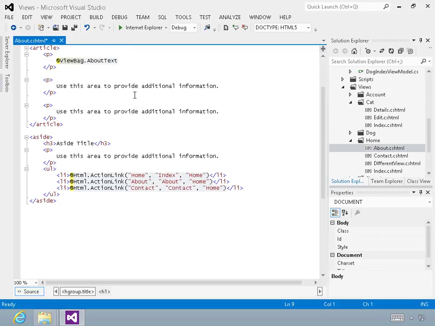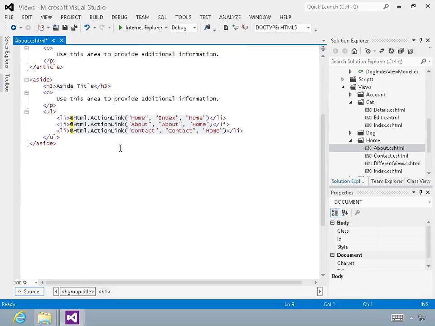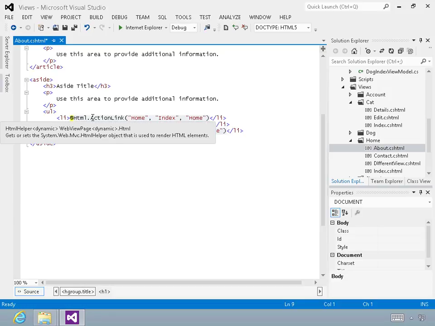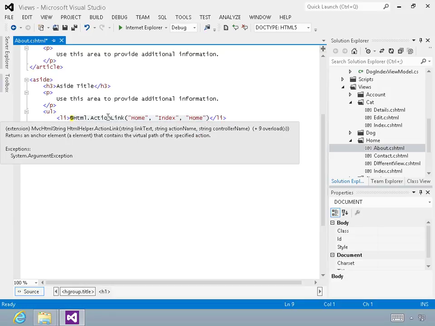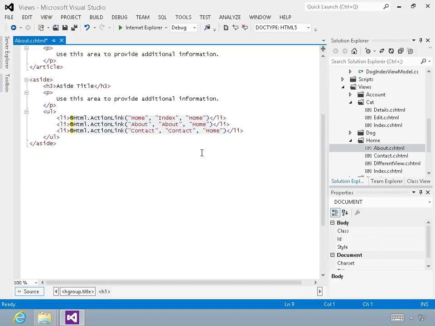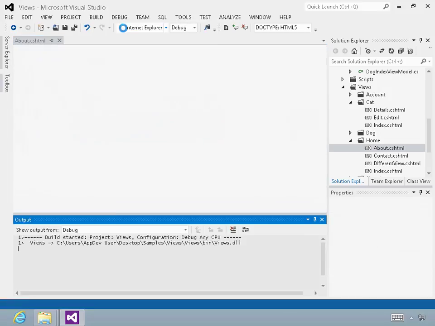I also want to point out down here at the bottom some of those HTML helpers. So here's an example where what we want at the bottom is a hyperlink that will use this controller and this action and display this text. So what you've got here are these HTML helpers. Notice they are Razor code. It's the action link helper, and I'm going to give it the text, the action name, and the controller name. And what this will do is produce for me hyperlink code that will invoke this controller's action when you click on it. So when I look at the About view in the browser,